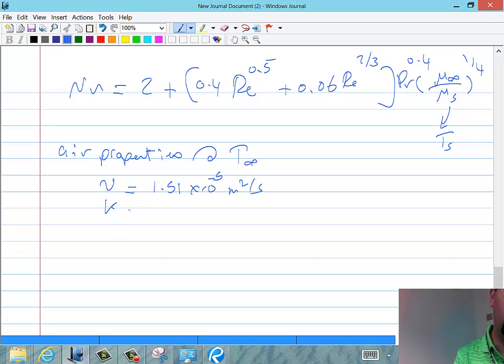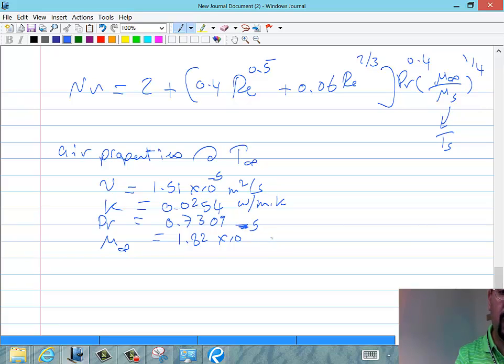You can get the K. We talked about why we need the K, right? Because the Nusselt number, 254 watt per meter Kelvin. You get the Prandtl because it's in the equation. It will always be there, 0.7309, and you get mu infinity because for that ratio you need mu infinity and mu s. 1.8 × 10^-5,